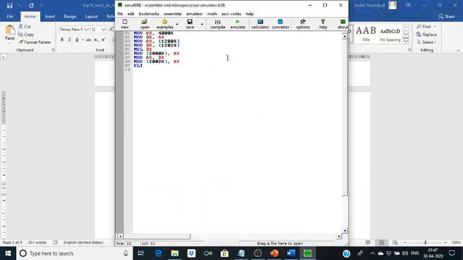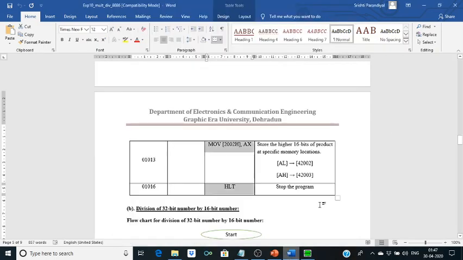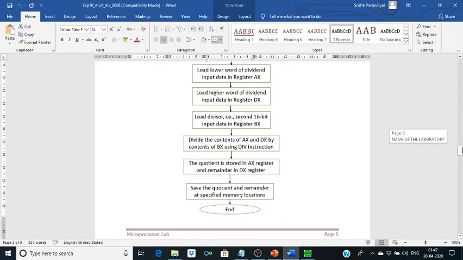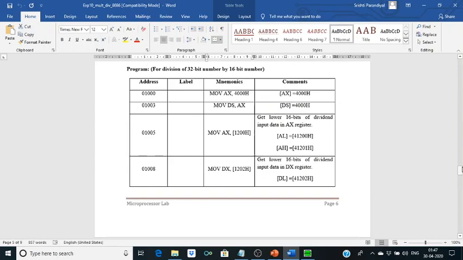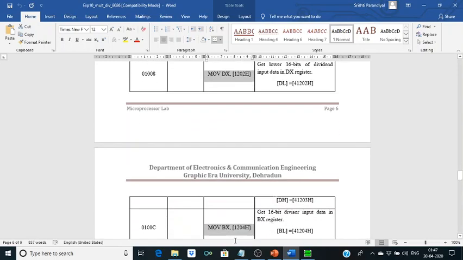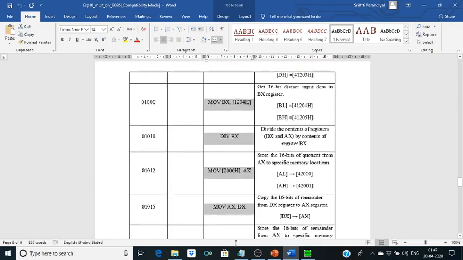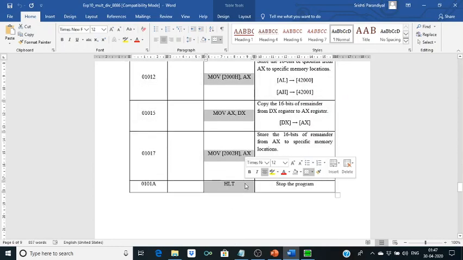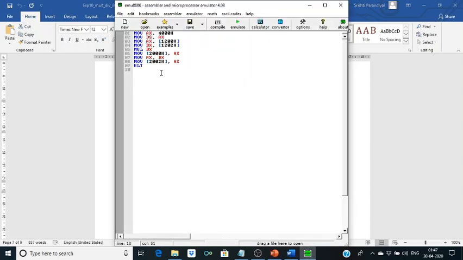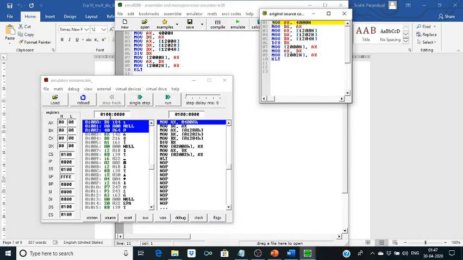We will first copy the code. I've already written it here, so I'm just copying it. So we will emulate it.